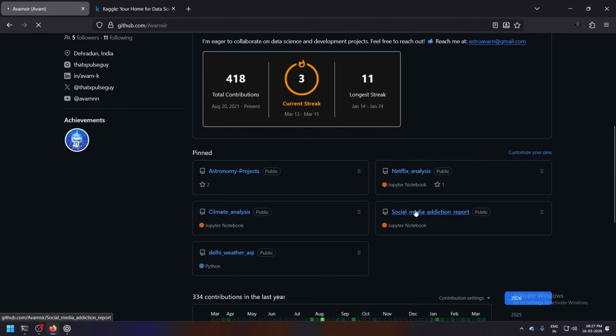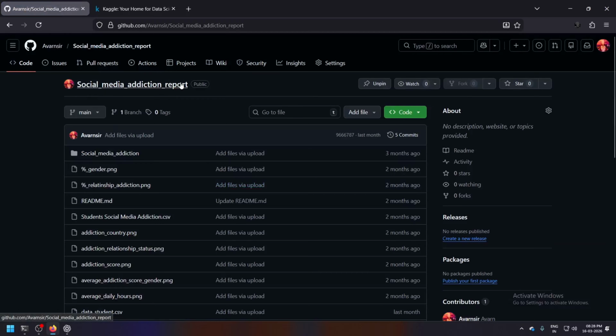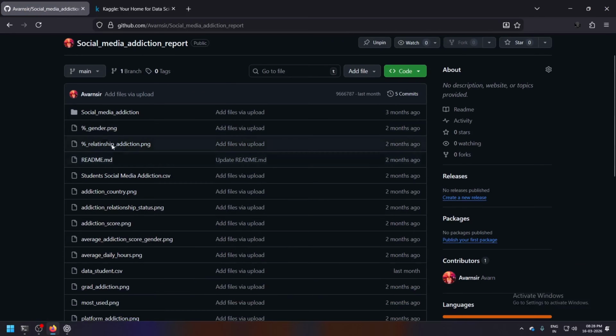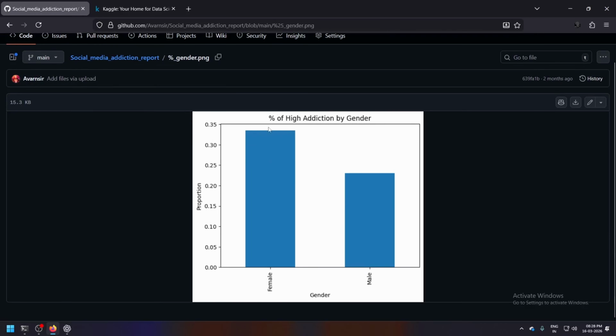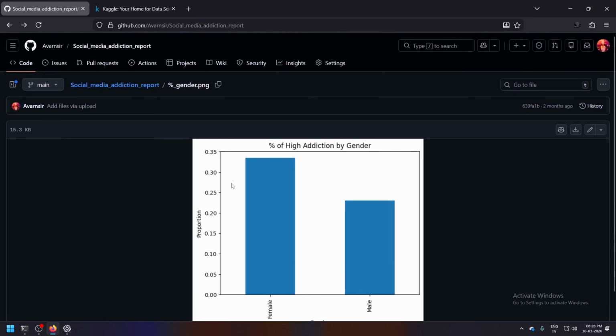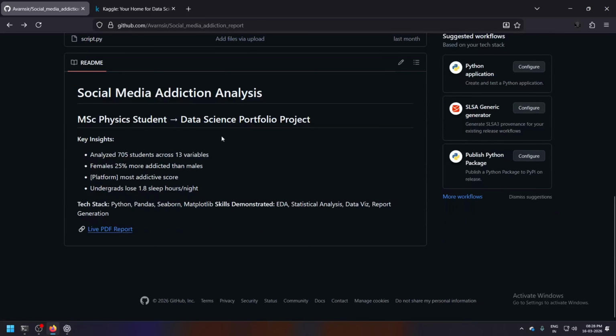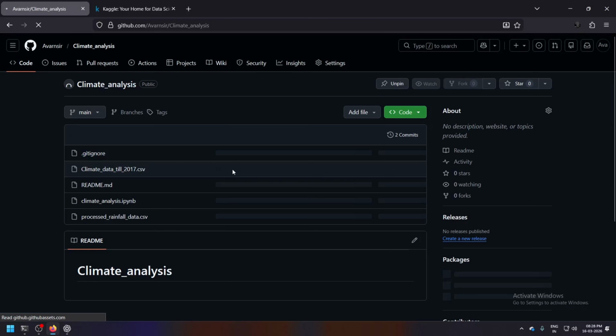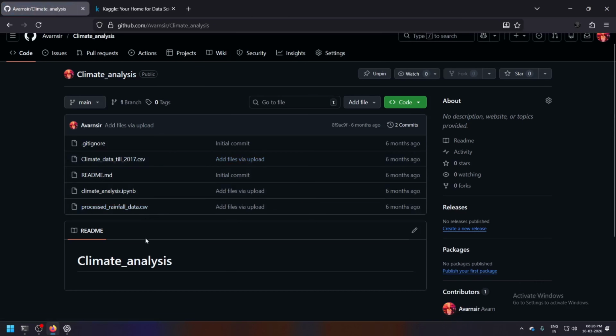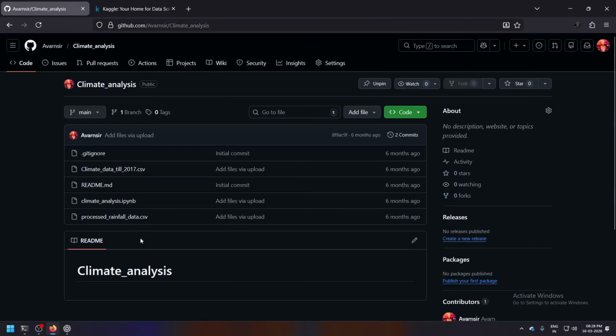A repo is basically, if I click on this social media addiction report, whatever I did, like this png, can be shown over here, and the README file demonstrates what it is. Social media addiction report, climate analysis, Netflix analysis: all of these are things I've done in the past, so they count as my projects, to be precise.